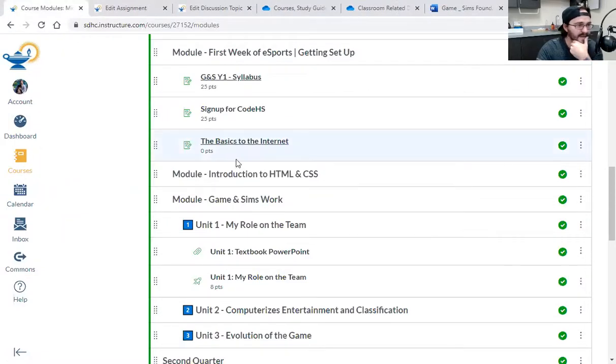I have an assignment here that I created called the Basics to the Internet. We're going to click on that. Notice, by the way, all these green arrows. They're published. So when I go into student view, everything that has the green arrow, I can now see. The same is going to apply when you finally have your course. So when I finally have Game and Sims 1, these are loaded under Game and Sims 1. If I click that green arrow, the student can see it. So if you don't want the student to work on anything beyond where you are, just unpublish it, right?